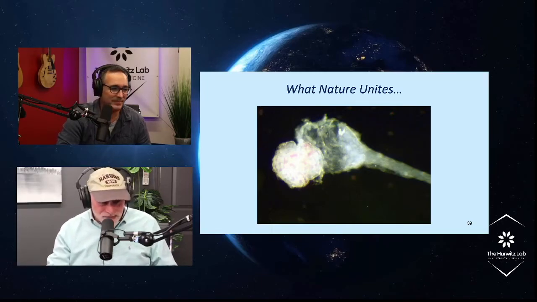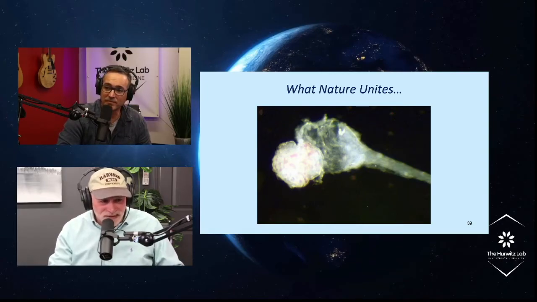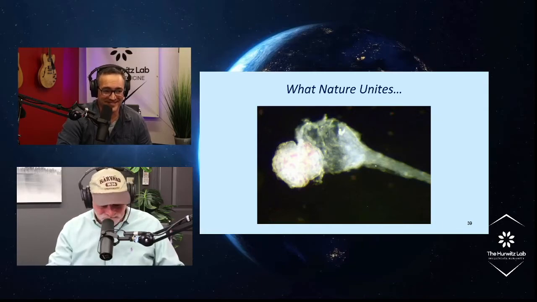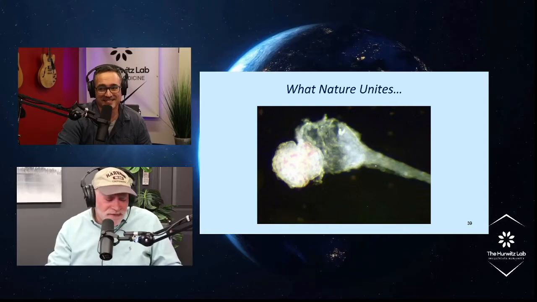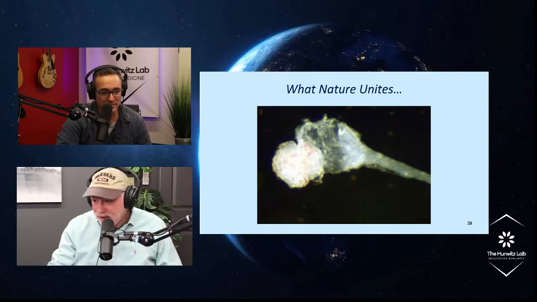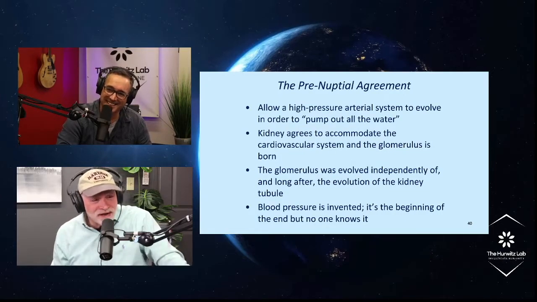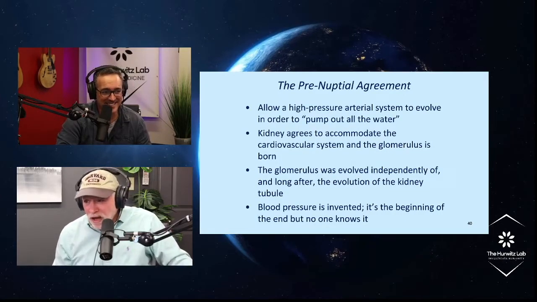And that's why glomerular disease is what puts people on dialysis. The cardiovascular system is not good at getting better. The tubules know how to repair, but not so with the fancy glomerulus. When you get glomerular disease, like diabetic nephropathy, it's often not reversible. So the prenuptial agreement between the cardiovascular system and the kidney was this: we'll allow a